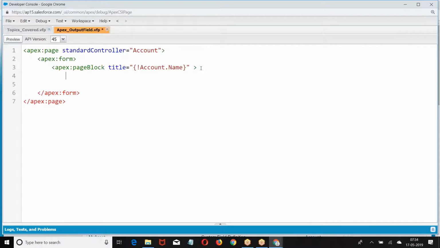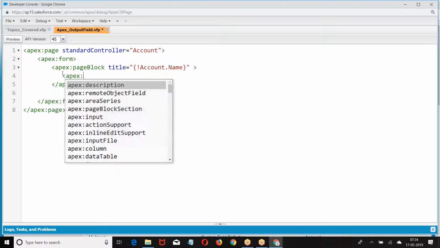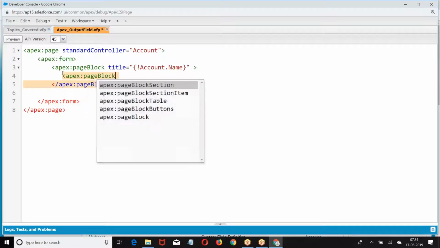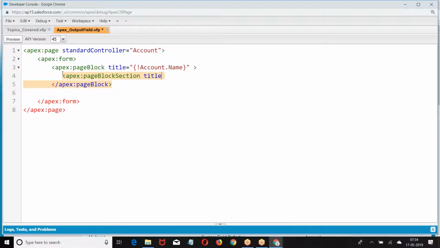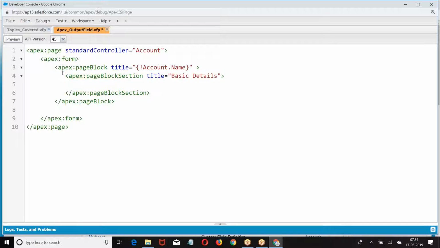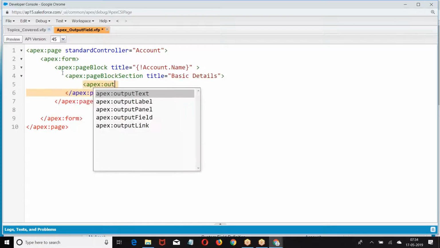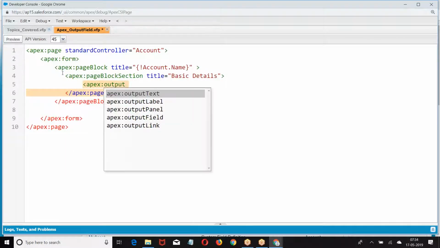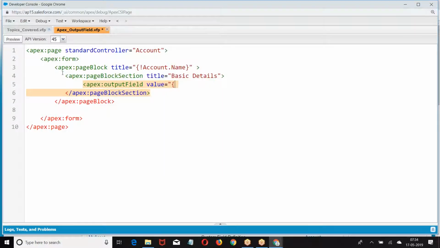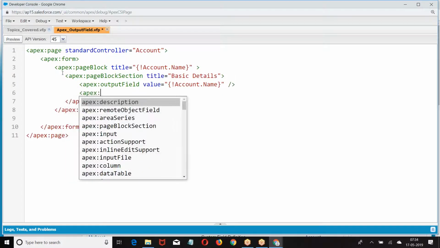What is the name we are printing? Account name is a title. Within the page block, I have apex section, title equal to, then I was giving a output field value. Previously we have taken input field. Now I was giving output field. Output field, account dot name,